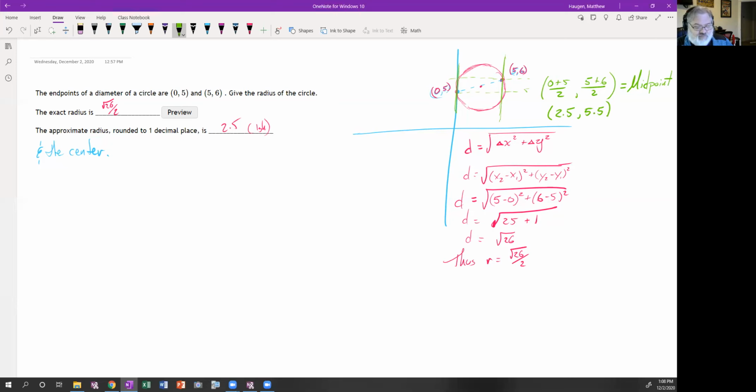Halfway between the x's, halfway between the y's. If you want a formal formula for it, so x1 plus x2 over 2, y1 plus y2 over 2,